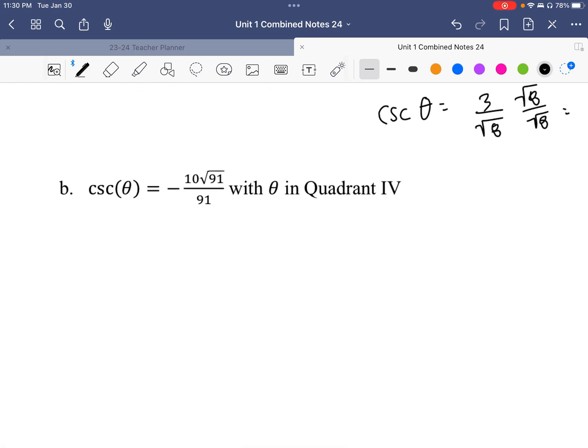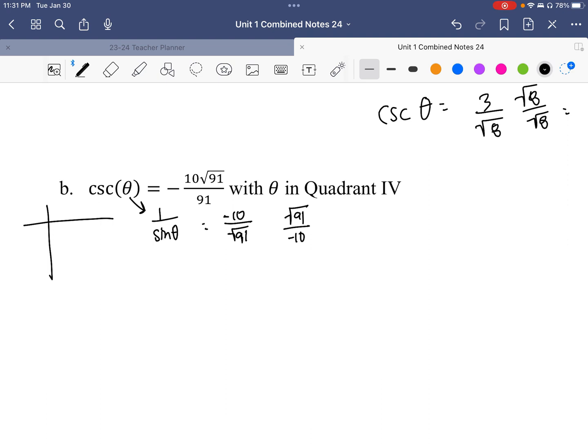We talked about this a little bit last time, about unrationalizing things. Okay, because I'm seeing a square root of 91 on top and a 91 on bottom, this tells me that this denominator has actually been rationalized. Okay, so first of all, we're in quadrant 4, so it's going to be down here. And cosecant, remember, is 1 over the sine. Okay, and I'm going to go ahead and unrationalize this. So this is supposed to be negative 10 over the square root of 91 is equivalent to my 1 over my sine, which means my cosecant should actually be the square root of 91